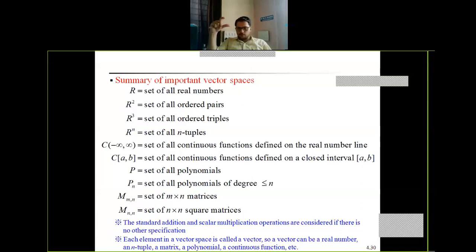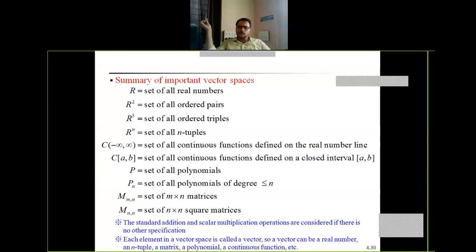Okay, because if we understood this vector space now, then we will be understanding what is the subspace of that vector space. So for that, understanding of vector space is required. Okay. Now next is P is the set of all polynomials. Just now we have seen that Pn is the set of all polynomials of degree less than or equal to n. So it can be a vector space. Just now we have seen that.